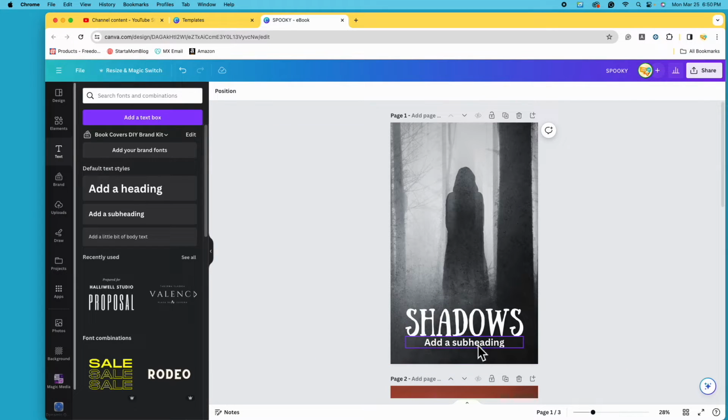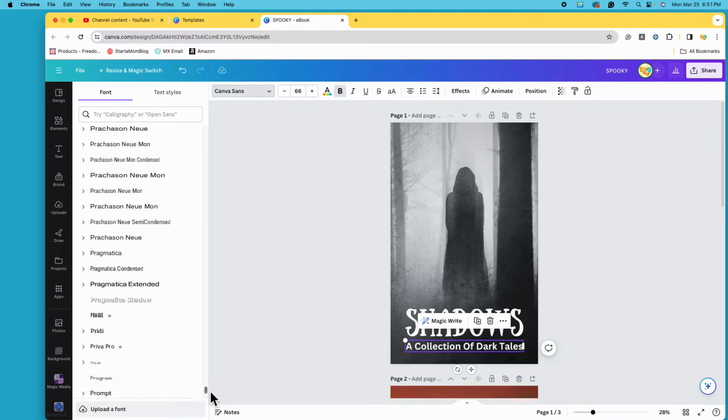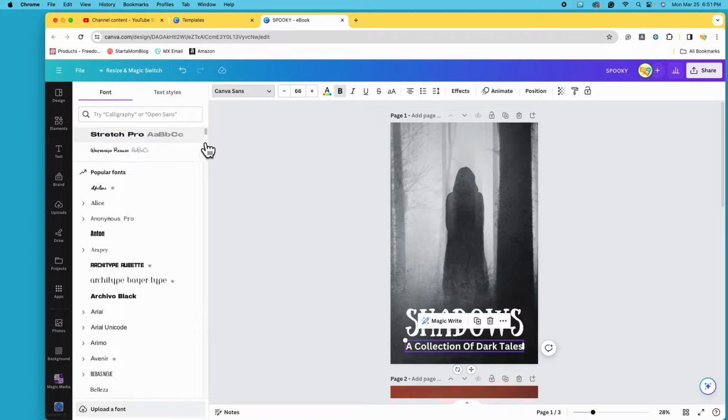So now this time we're going to get a smaller text box. And again, it defaults to Canva Sans. Let me go ahead and write our subtitle, a collection of... Okay, so now we need to change the font. We don't want to choose something that competes with the title font, but we want to choose something that complements it. So just make sure you are clicked on your subtitle, then come up here to Canva Sans. And then now we're just going to find another...